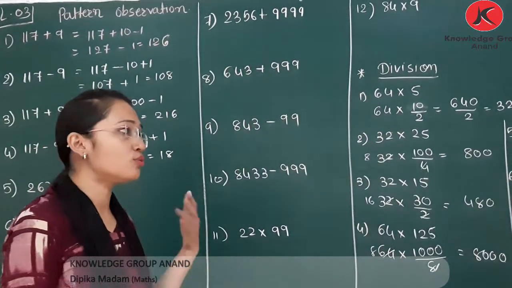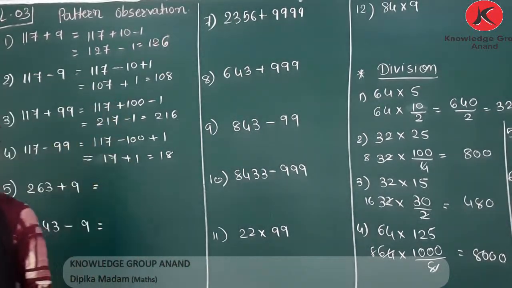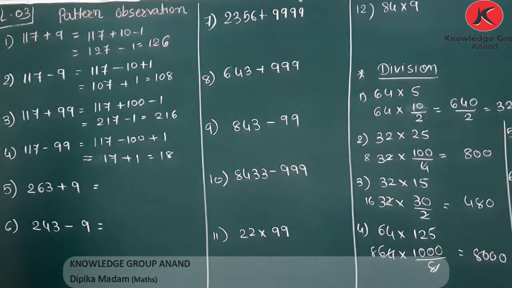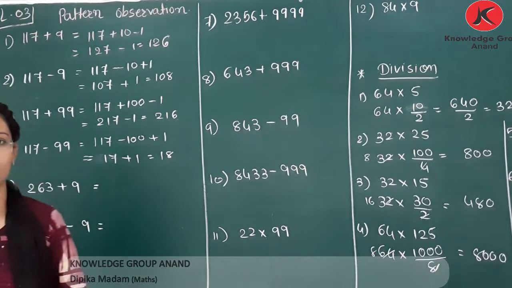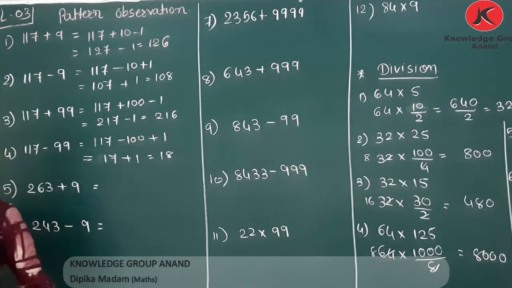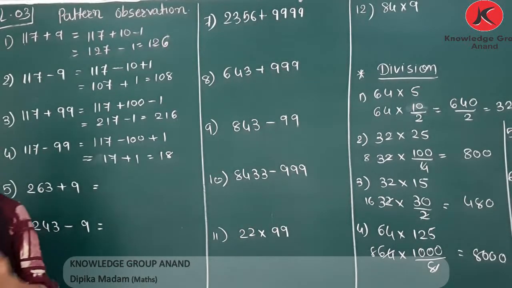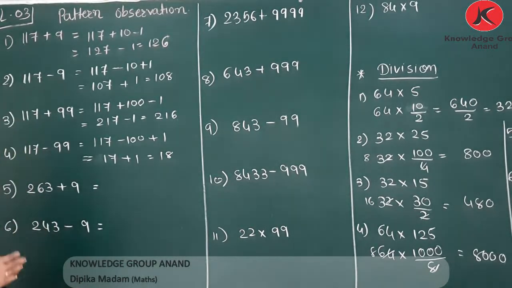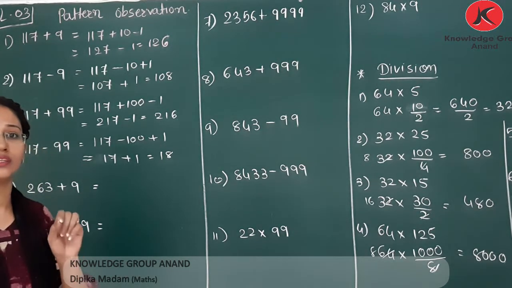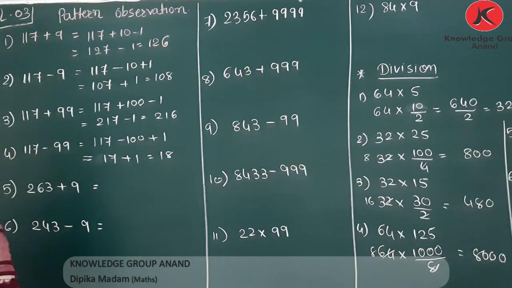What is the use of the previous topic? In the previous topic we saw that numbers can be represented with dots; what is its use? That can be asked as an MCQ for 1 mark. An MCQ related to that topic can be asked for 1 mark: which of the following numbers can be represented as a rectangle, and below you have the values 2, 6, 9 and 15. So which number can be represented as a rectangle? 6. This kind of question can be asked from the previous topic.